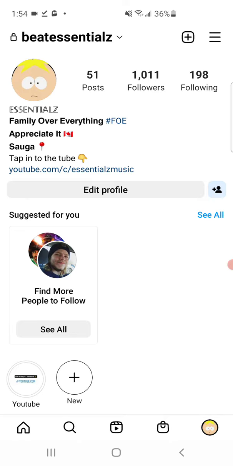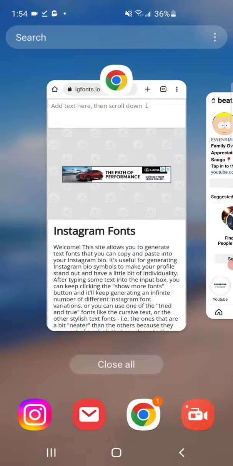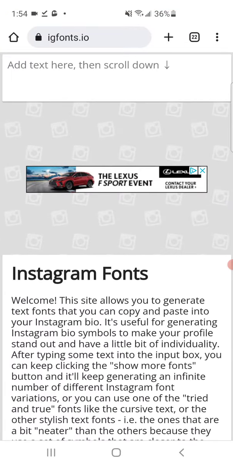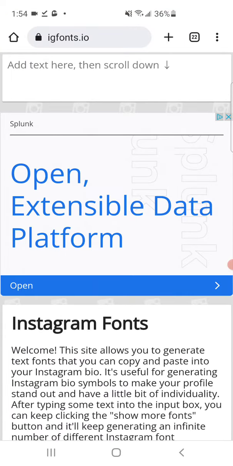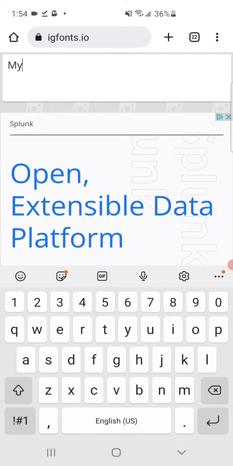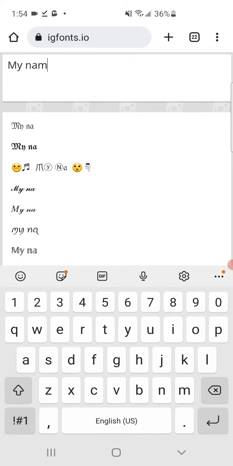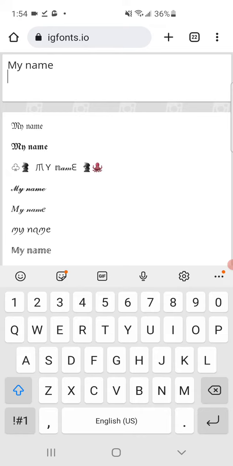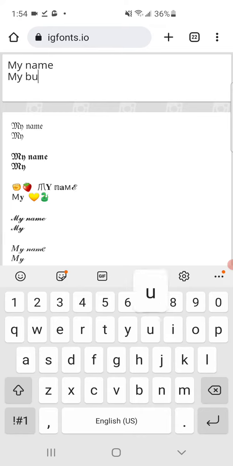So what you're going to want to do is open up any browser that you use on your phone. And there's a bunch of websites, but the one that I've used for this specific purpose was igfonts.io. And then it's very simple. Just type in whatever you want in your bio. So like, let's say my name, and then the next line, my bio,